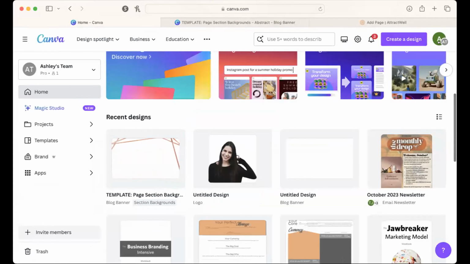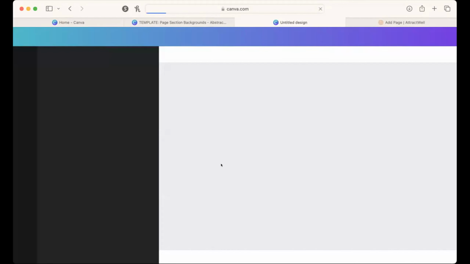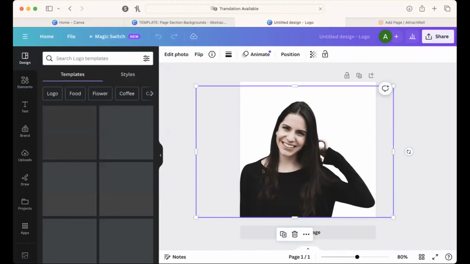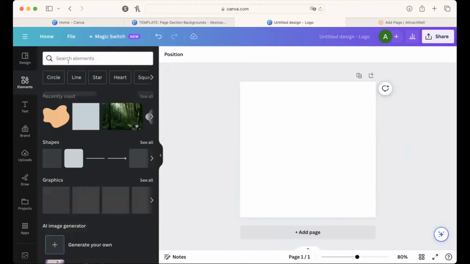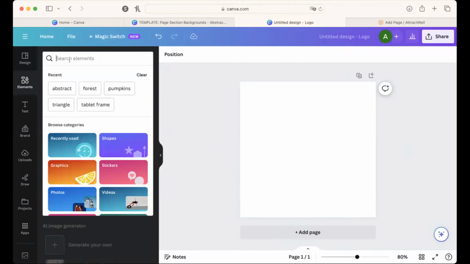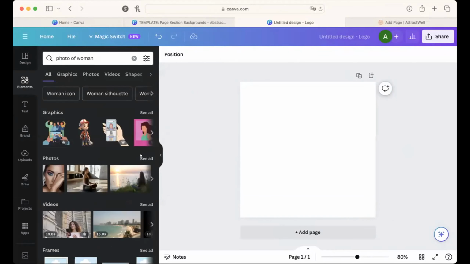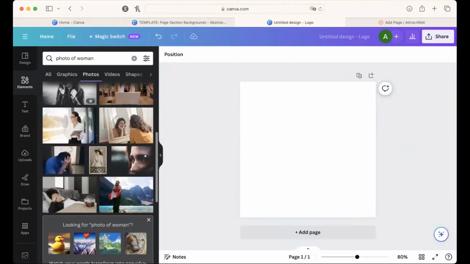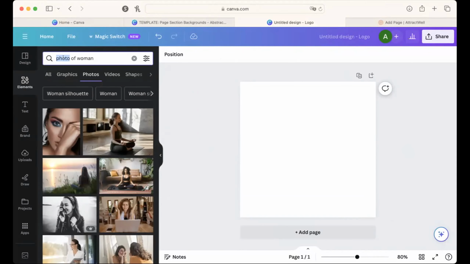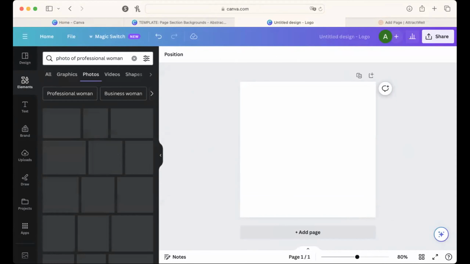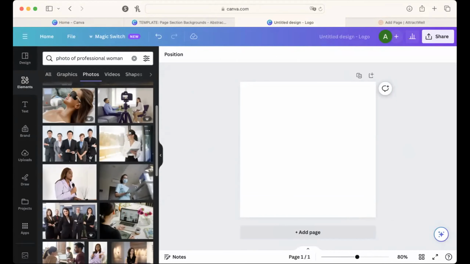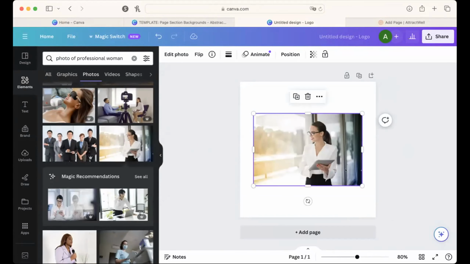And so what we'll do here is I'm going to use a logo setting. It's just 500 by 500 pixels. I'm going to delete this one, and we'll pretend that we have a picture of you. But photo of woman, we'll go to photos. Let's get a little bit more, we'll say professional. Okay, here we go. So let's grab this, and this has a nice background,